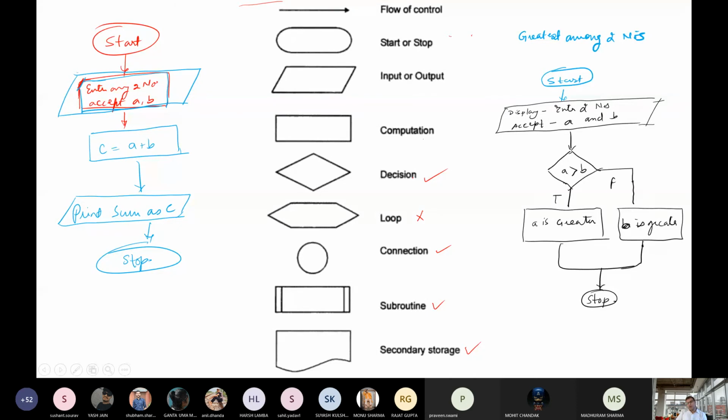So is there any doubt? Yes. No, sir. No doubt. Let me explain one more program. If you want to draw this flowchart, then you can draw. I will give you 1 minute time.